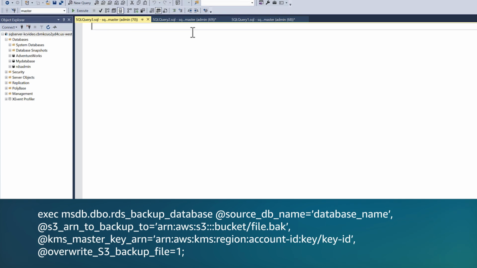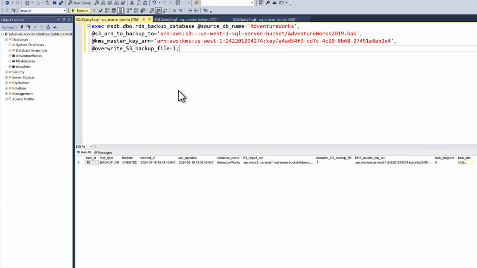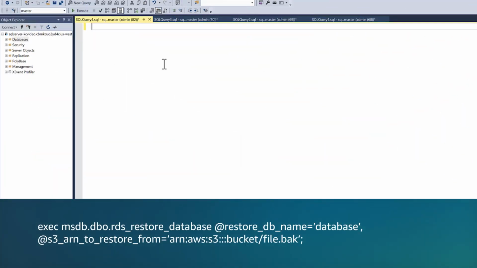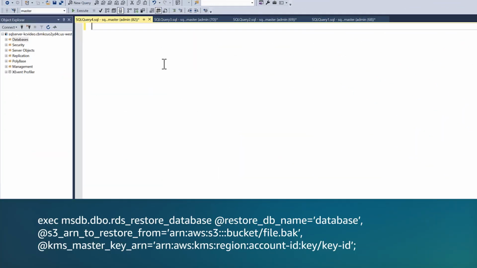To initiate an encrypted database backup, include the KMS master key ARN parameter. For example, to restore a database from S3, you can run the following command. Similarly, to restore an encrypted database, include the KMS master key ARN parameter. For example,